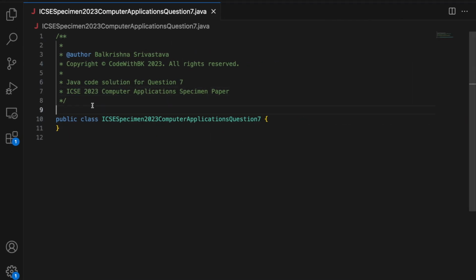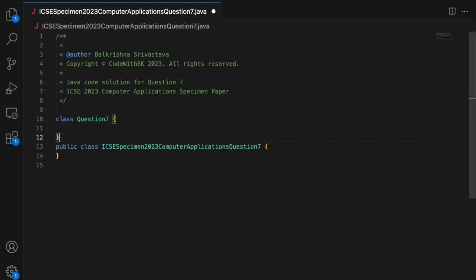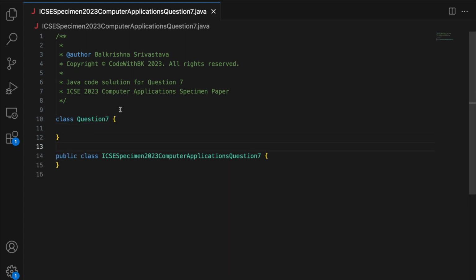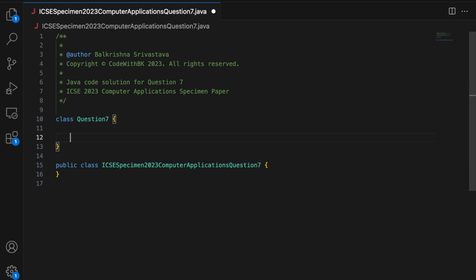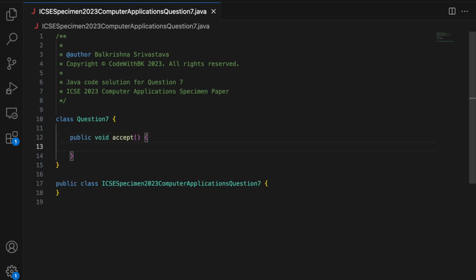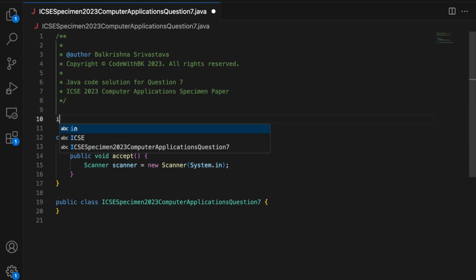So I'll start with class Question7. You can name the class anything you want. I'm naming it Question7 because it is the solution to question 7. You have to accept a string from the user. So I write a method public void accept that will read a string from the user. In order to read an input string from the user, I need a Scanner class object, new Scanner(System.in). And I will also have to import